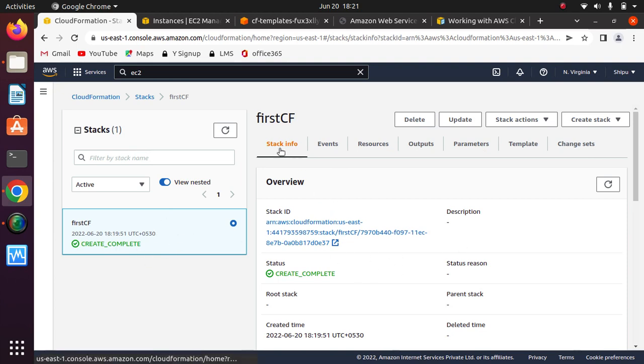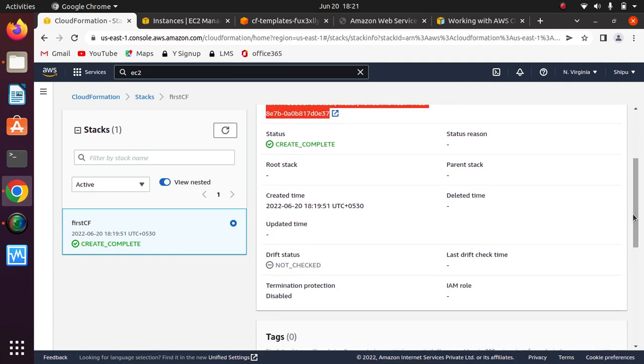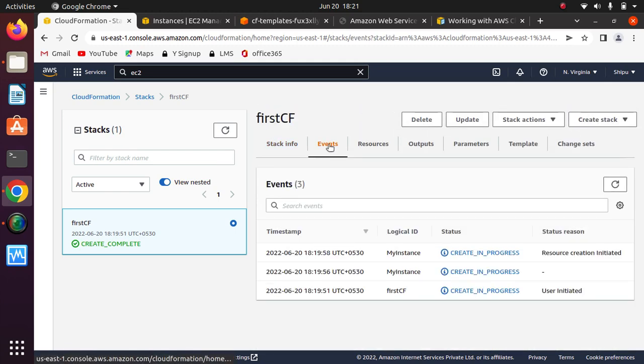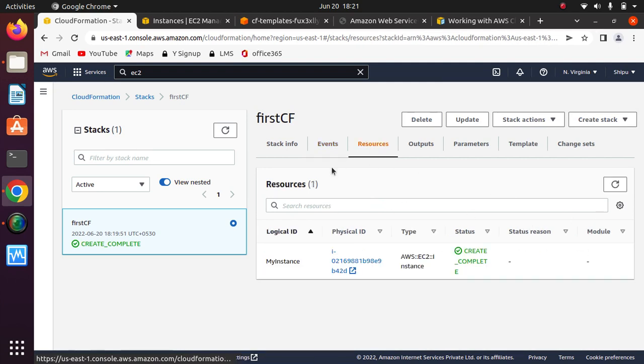So here, if you want stack information, here you will get the stack ID, and there are so many options. When it is created, you can see the time, and yeah, then there is events. Okay, so you can see the event status and status region, everything. Then what are the resources we are actually using? So we are using instance for now, so you can get physical ID here and the type of your instance, then there is status and everything. Okay, so there is only one resource I'm using right now,